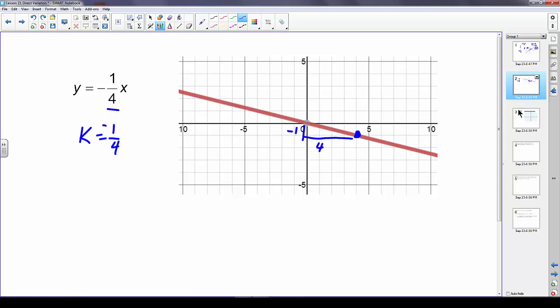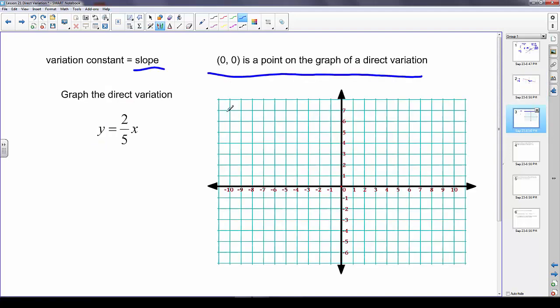So let's go back to this problem over here, and we want to graph this direct variation of y equals 2/5 x. Well, we just found out that all direct variations go through the point 0, 0, and our variation constant is going to be our slope. So our slope m is equal to 2/5, which is equal to our rise over our run. So we go up 2, over 5,